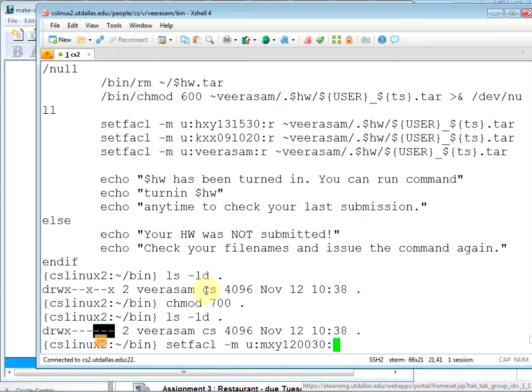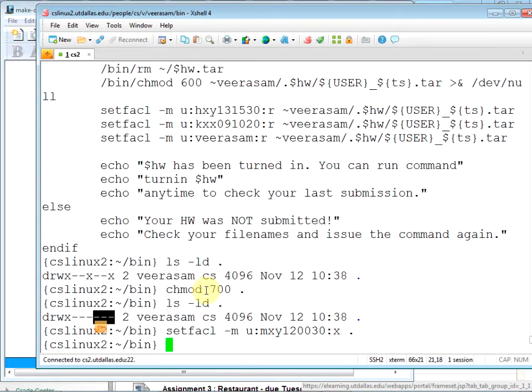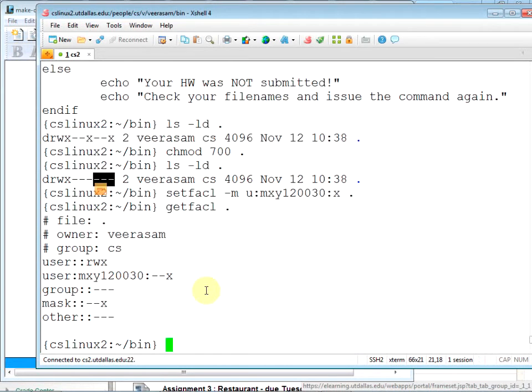Now I'm not going to give write permission, just search permission. Now let's do getfacl. See, for the owner, read write execute. For this user, execute.